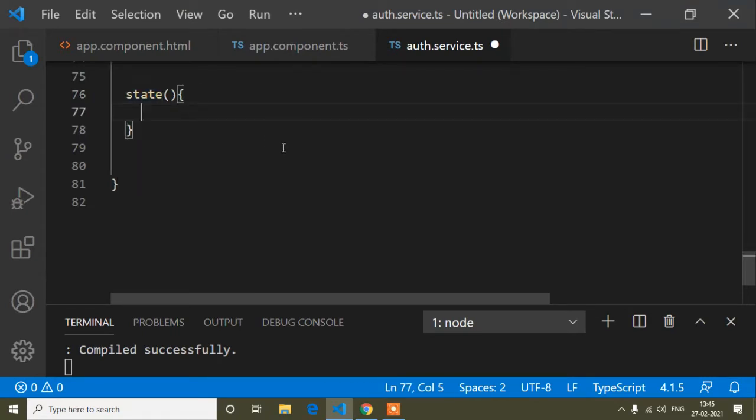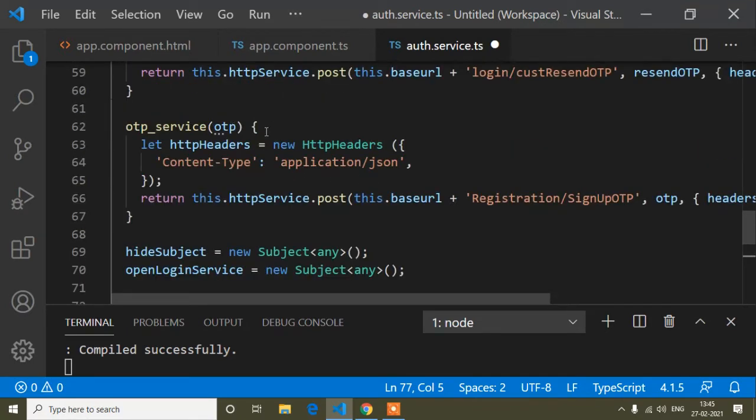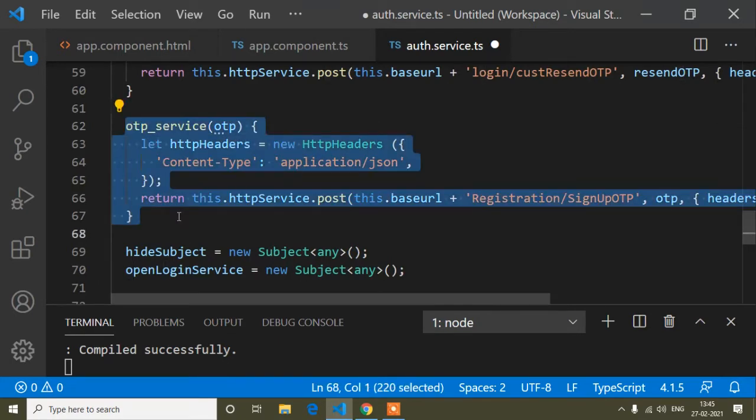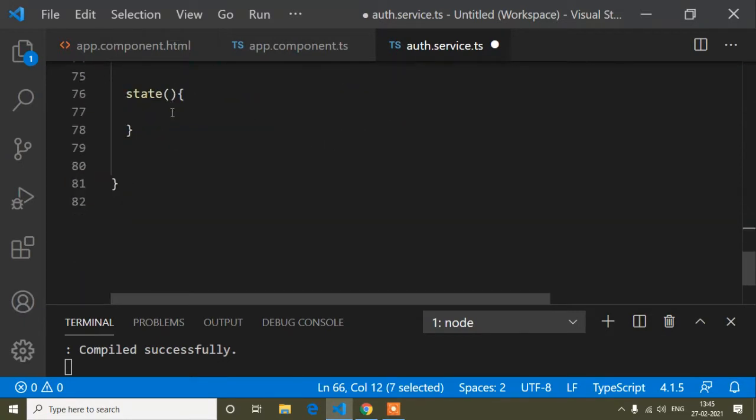In the auth service, if you know how to hit an API, here is the different code for that API. When we hit any API, you can see I use the return keyword. In the same way, when I'm creating a custom array and we need that array in our component, we have to write a return keyword.